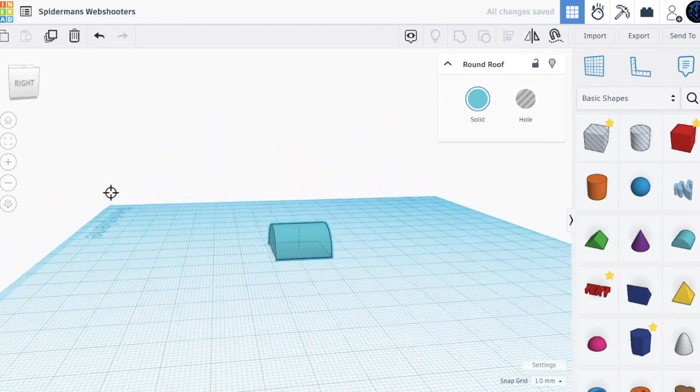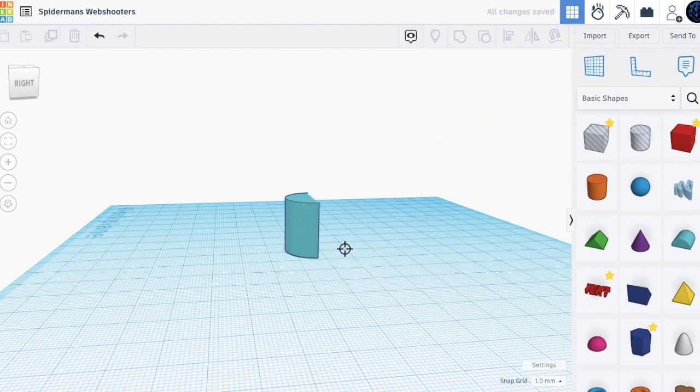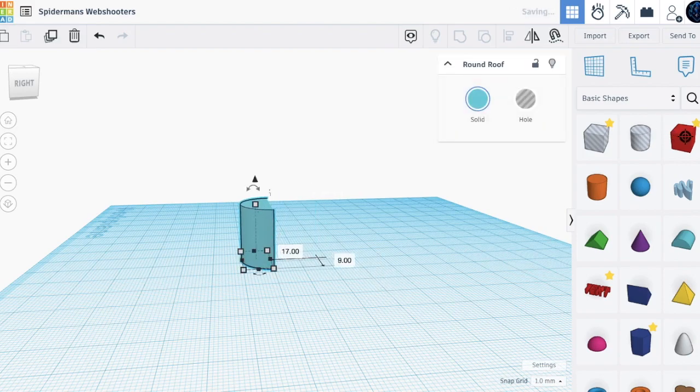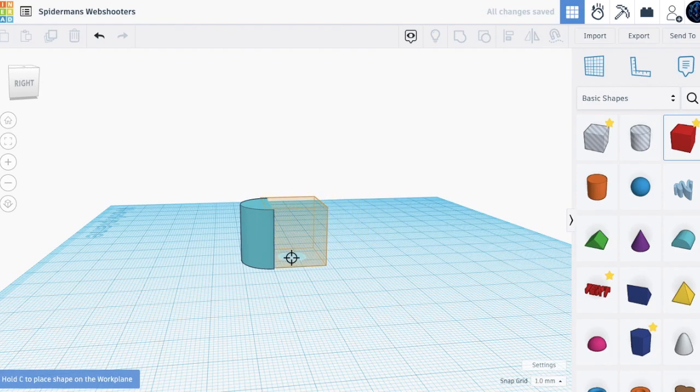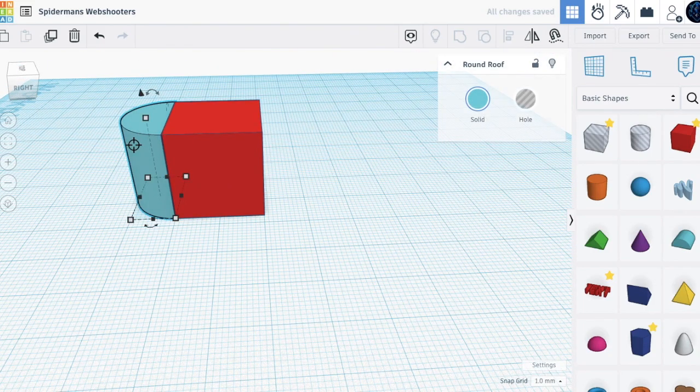Now we'll just turn it here. We'll turn it 90 degrees. We'll bring it up to 0. We'll move it here. Now let's add a box and put it right there. Let's zoom in to see. Yep, that's good. Now let's duplicate the rounded roof. We'll bring it to the other side. We'll mirror it